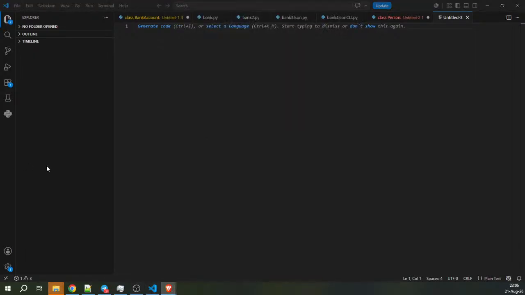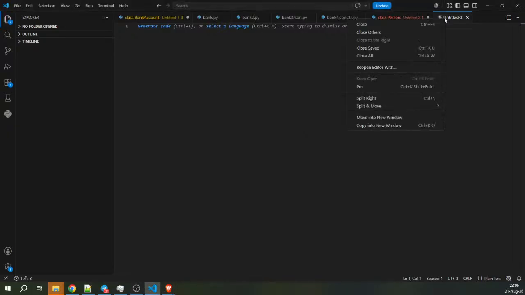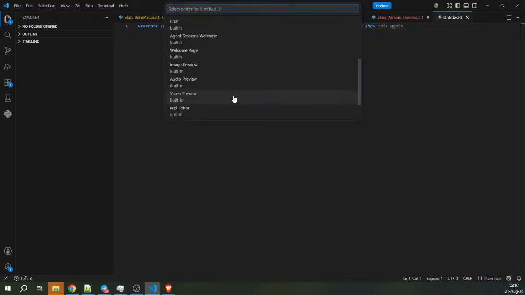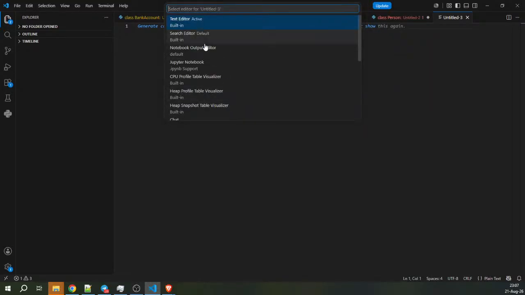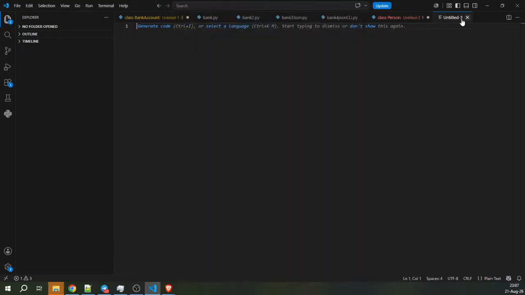Okay, and rename, I don't know how to rename this. Reopen editor with active default search editor. I want to, I just can't. Okay, fine. I would just